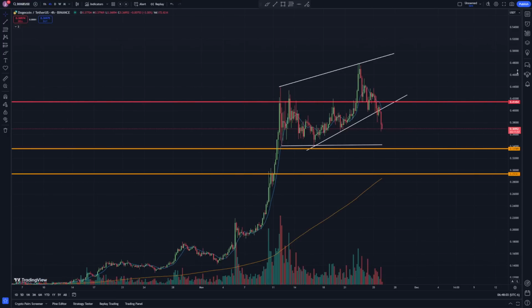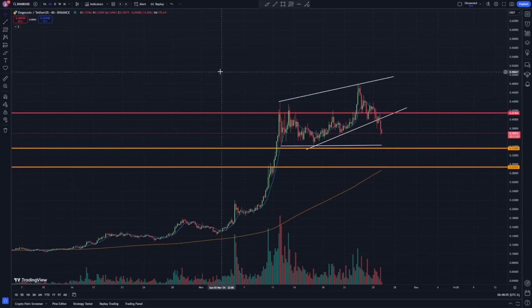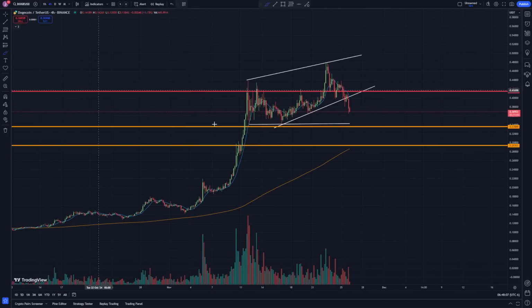Let's take a look at what's going on with Dogecoin today, guys. All right, so yesterday it was looking a little weak, so I took some profits at this red line, sitting at around .414 approximately. I was saying that we were watching this channel pattern yesterday, basically, and I was saying we had